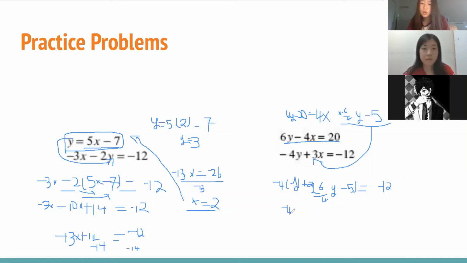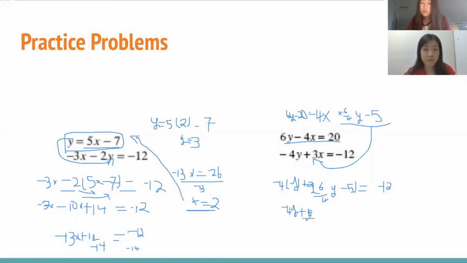Negative 4y plus. So you distribute 3 to 6 over 4y and negative 5, so it would be 18 over 4y minus 15 equals negative 12, which you would